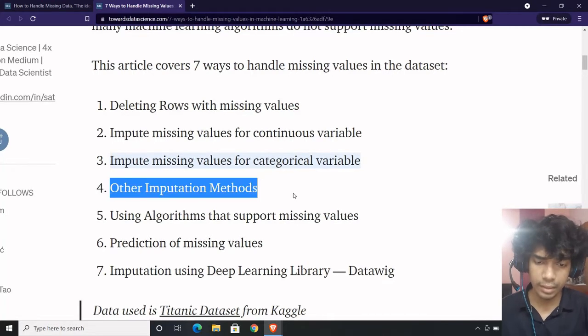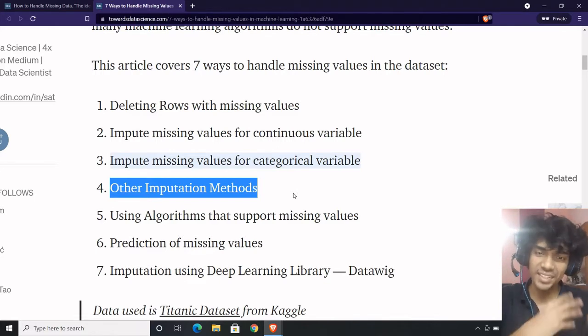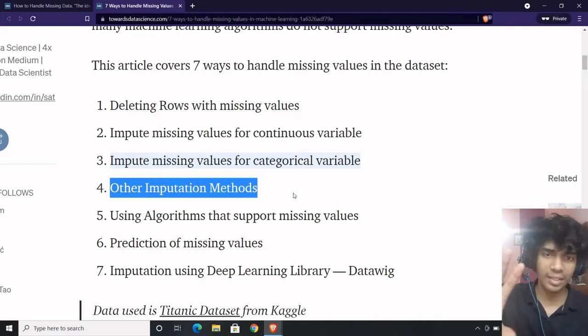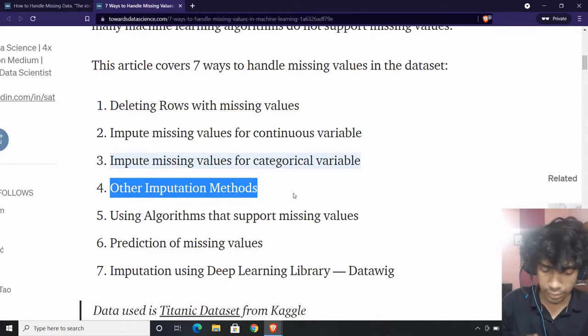Other imputation methods are usually something like you can use a random forest, you can use machine learning. Let's say you can change the target column. It's like working the other way around. It's like reverse engineering. Whatever your target column is, you can include that in your data set, make it a part of your data set. Once you have that, you can train a model on that, and whatever the missing column is, you can try to predict the missing values. So that's a whole new different problem. Apart from model training, you will be training on the data, then you'll be obtaining predictions.